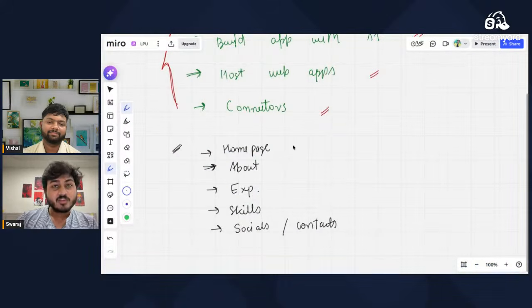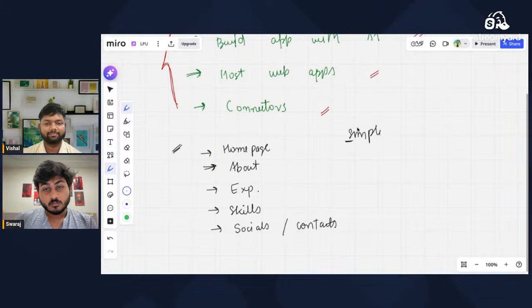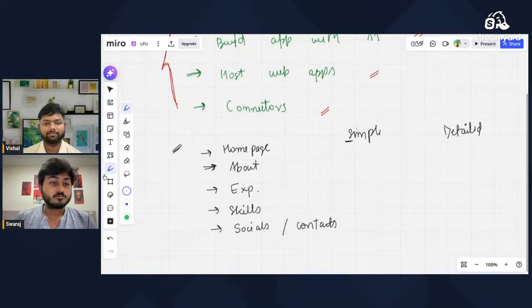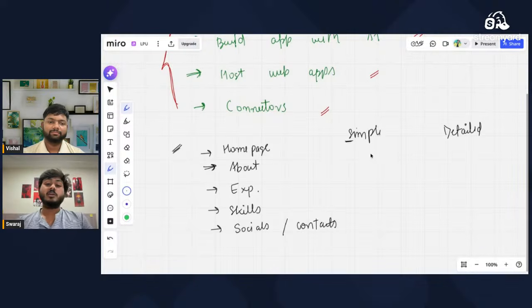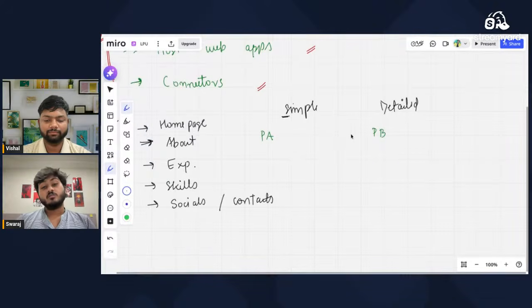Sorry, we can. So, see, we'll first differentiate between a simple prompt and a detailed prompt. Suppose, take a simple example. We have two persons, person A and person B. Look, for now I'm giving a normal example, what expectations are, but we have a simple prompt and the detailed prompt. Suppose we have two persons, person A and person B. Okay, so for now suppose, both have a simple task. They have to create a simple coffee.